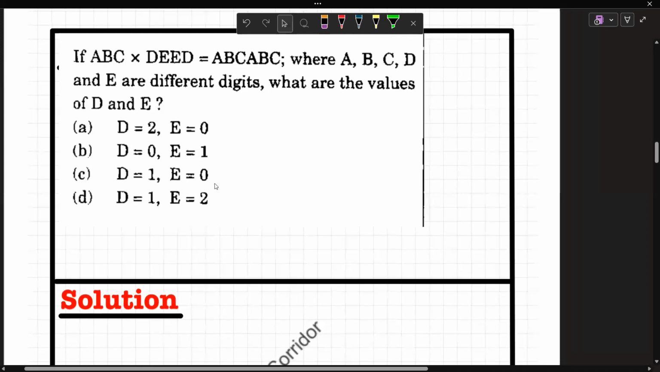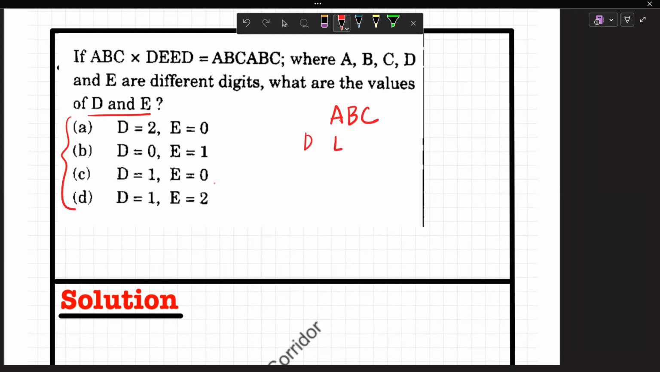This is a very good question where it has asked you, if A, B, C, what are the values of D and D? So it has asked you D and D. Look, whenever it asks what are the values of D and D, it has given you certain values. Now you have to eliminate from them. You have to eliminate three options. Let's see how you can do it. It multiplies with deed, okay? To get the answer as